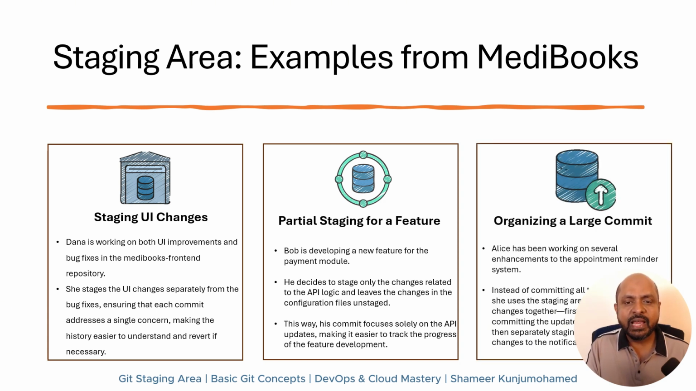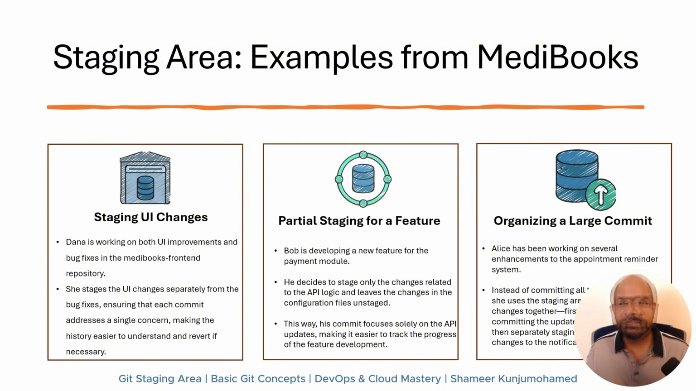Lastly, we have Alice, who has been working on several enhancements to the appointment reminder system. Instead of bundling all these changes into one large unwieldy commit, Alice uses the staging area to carefully organize her work. She first stages and commits the updates to the reminder logic, ensuring that this business logic unit is captured in one commit. Following this, she stages and commits the changes to the notification template separately. This methodical use of the staging area helps in segmenting a large set of changes into manageable, understandable parts, facilitating easier maintenance